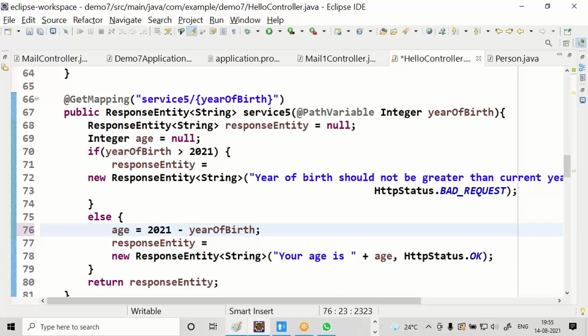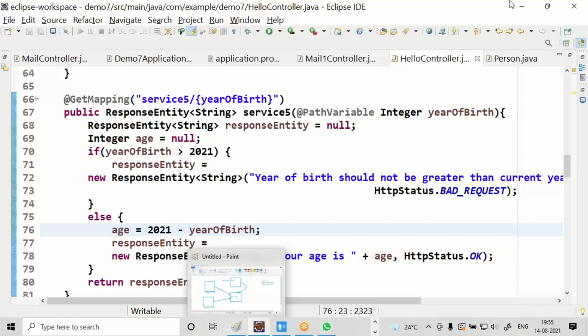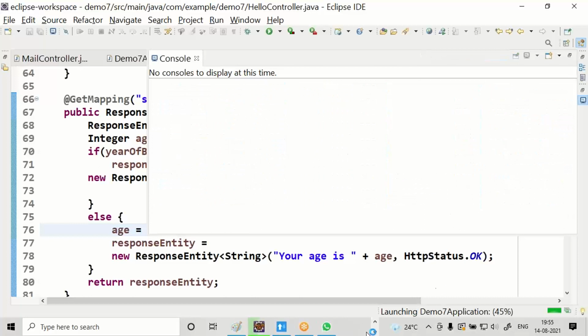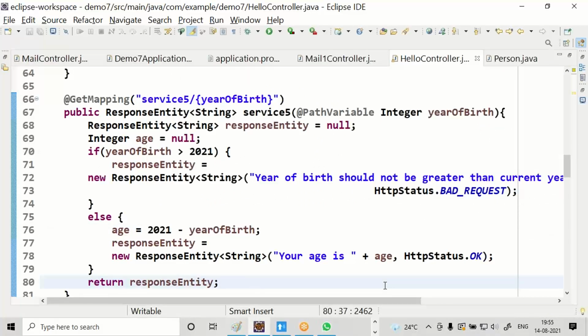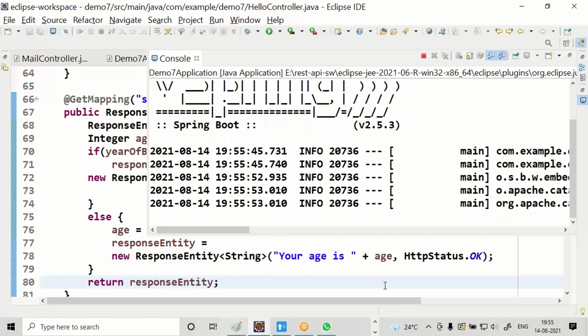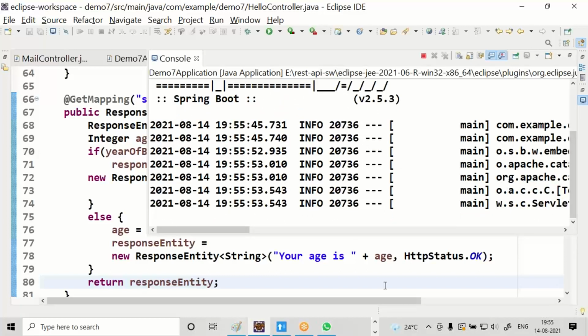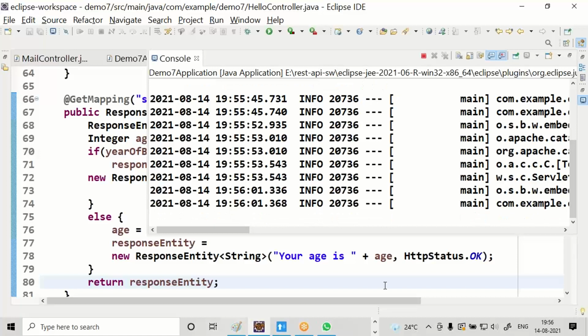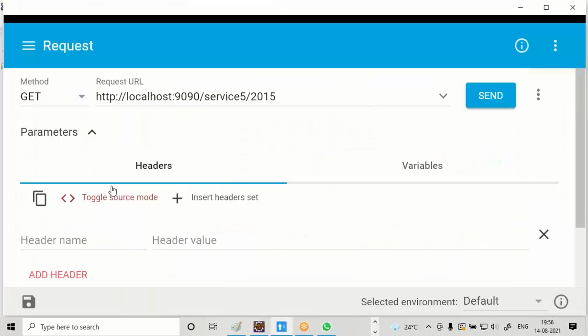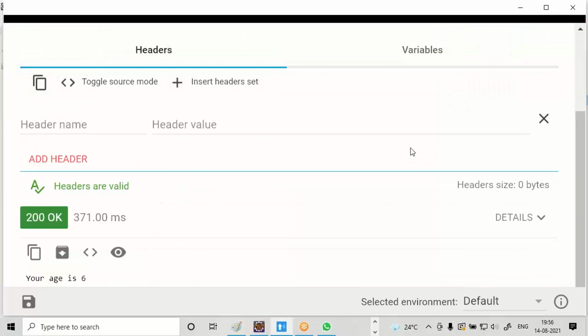Age calculating simple formula: 2021 minus year of birth. Click on send. Now you can see 6.